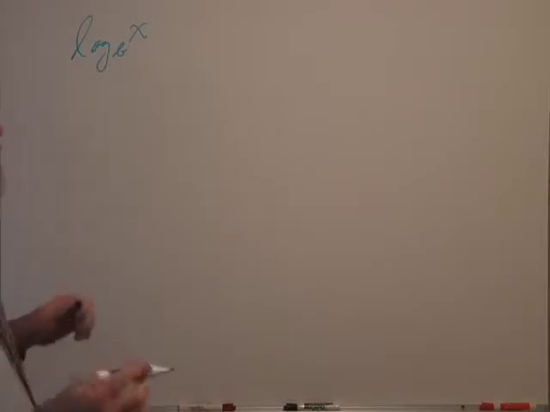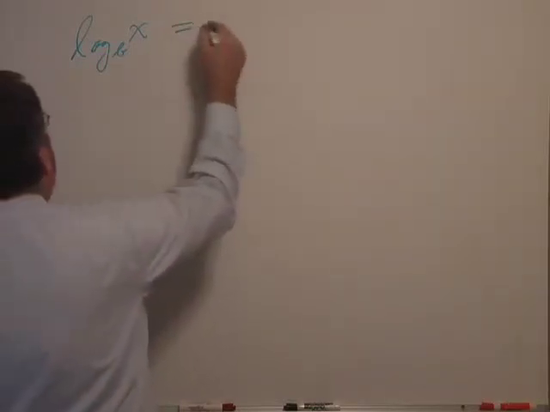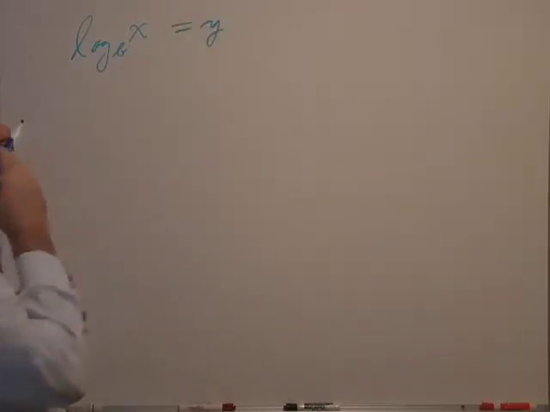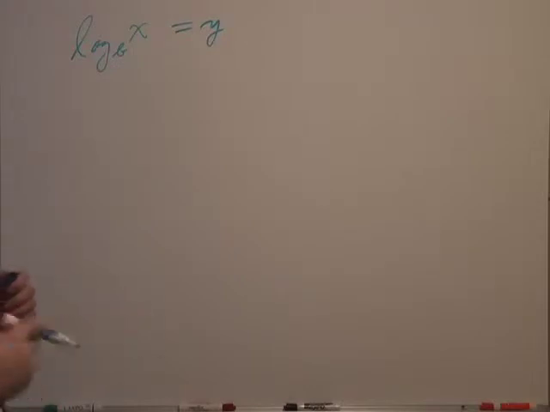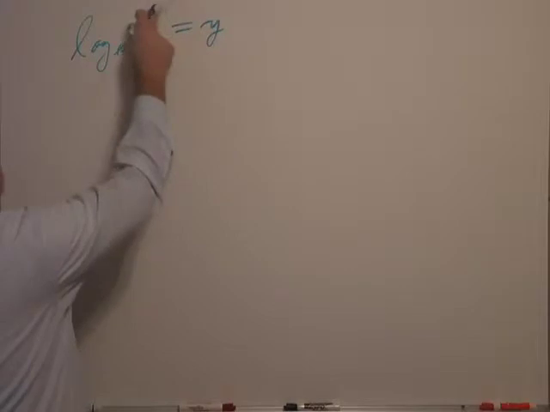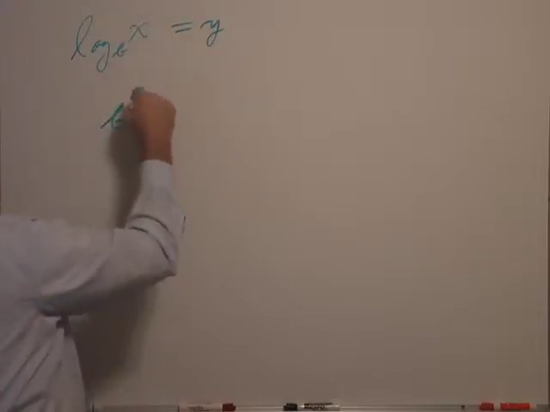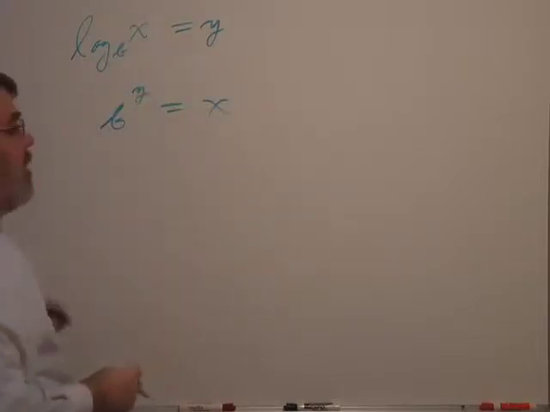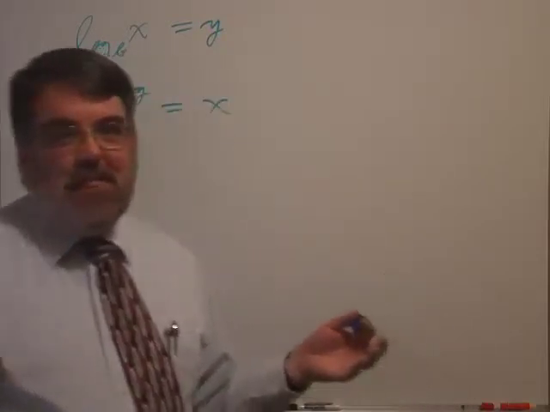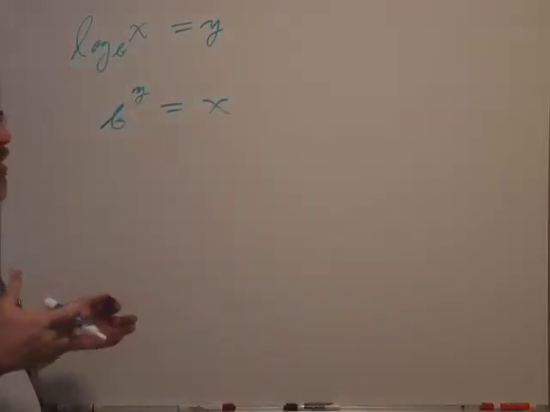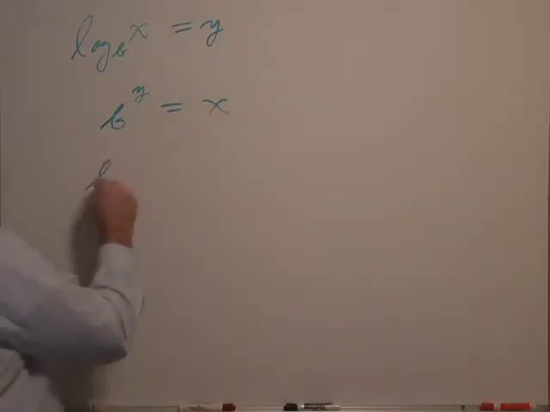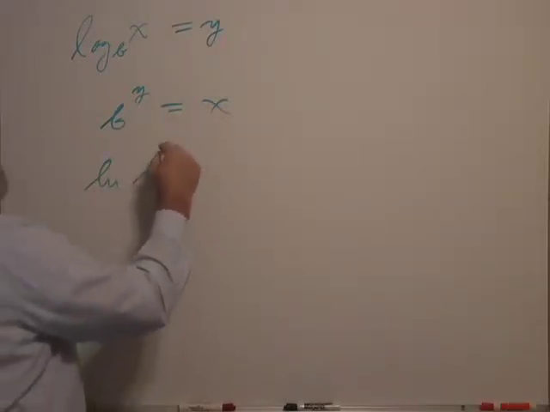But anyway, here's the idea. I'm going to set this equal to a letter y. And I'm going to change this from logarithm form to exponent form. So in exponential form, this would be b to the y equals x. So I got rid of the logarithm. And now I'm going to use a more convenient logarithm. Let's use natural log. So I'm going to take the natural log of both sides